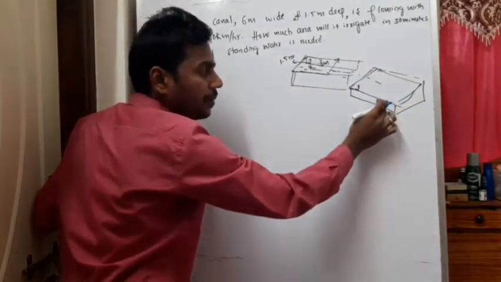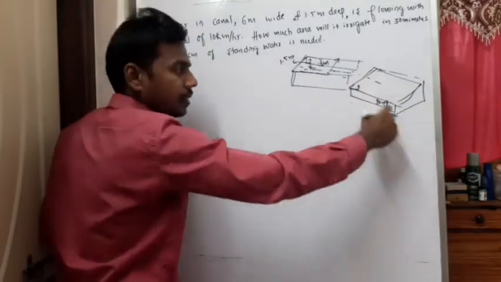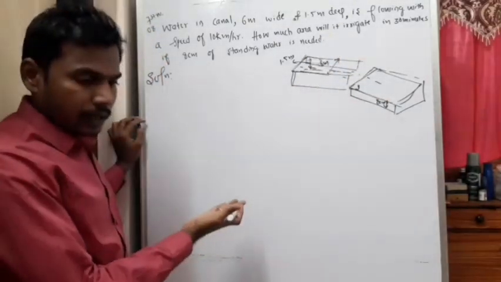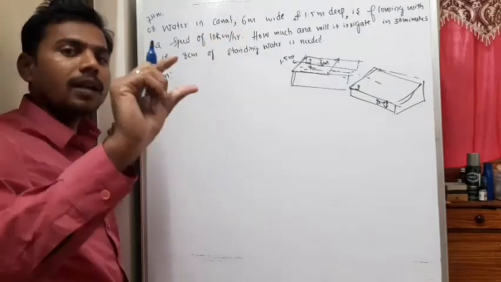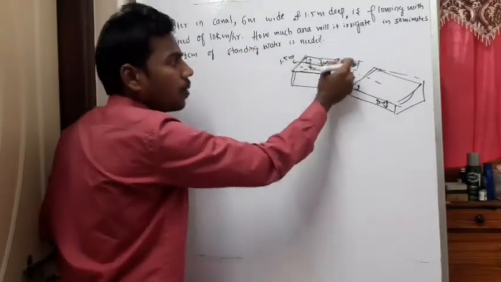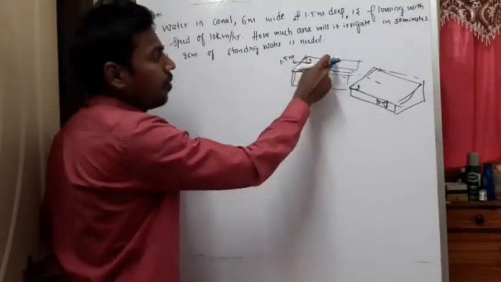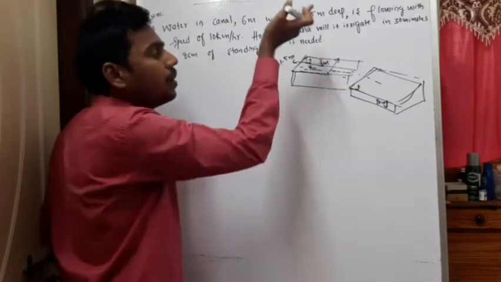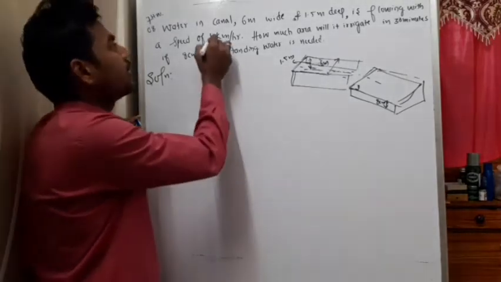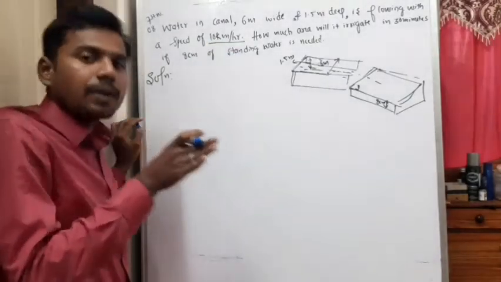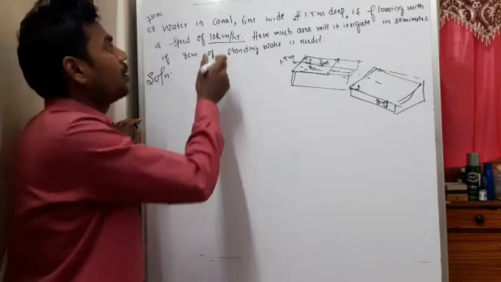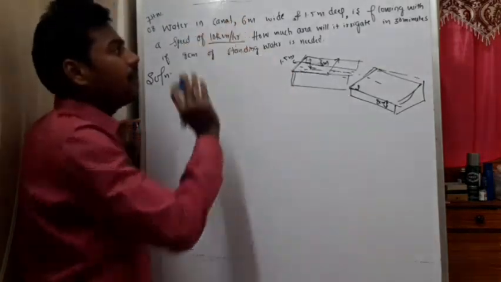Okay, this area into 8 centimeter will give me the volume of this cuboid. So let the farming land be in the shape of a cuboid. So the area of the land multiplied by that particular 8 centimeter will give me the volume, and water is flowing through this cuboid area. So I know width, I know depth, I don't know the length. How can I get the length? To get the length, he has given the hint that the water is flowing at a rate of 10 km per hour and it is going to flow for 30 minutes. So length is given in terms of a speed.